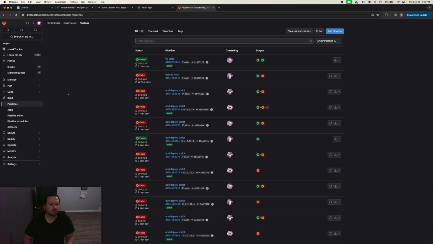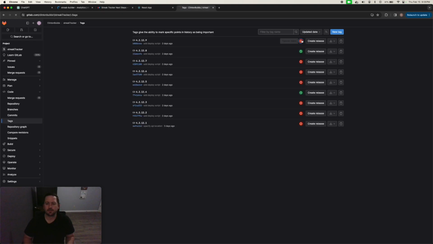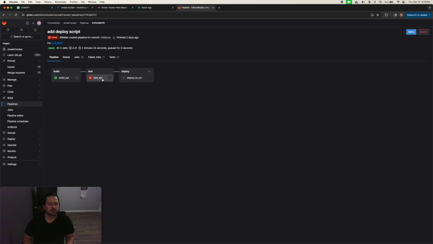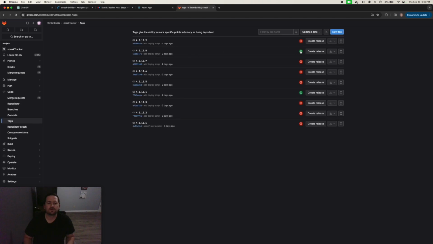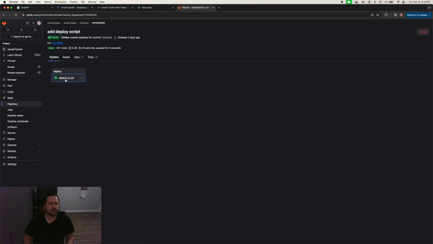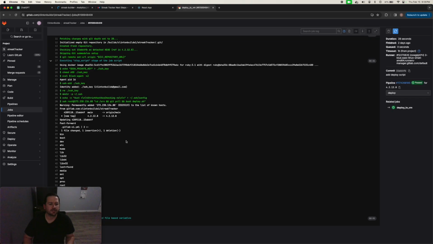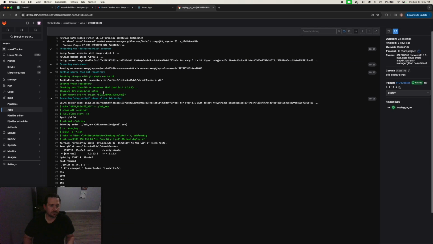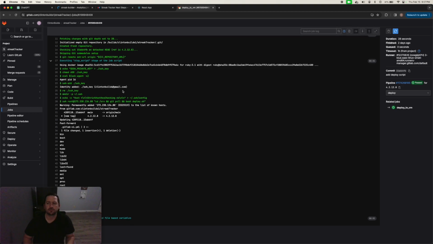Not running here, of course. We run our deploy script when we create a tag. At this point, our latest tag is right here. If we take a look at this, we'll see that we can SSH into our virtual machine. We're getting all the new changes, and then we're going to be running a